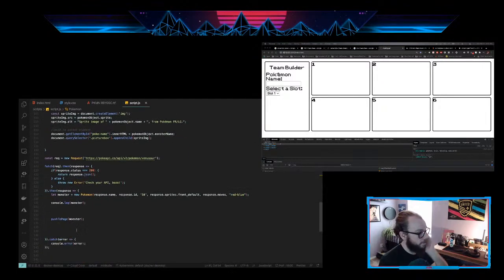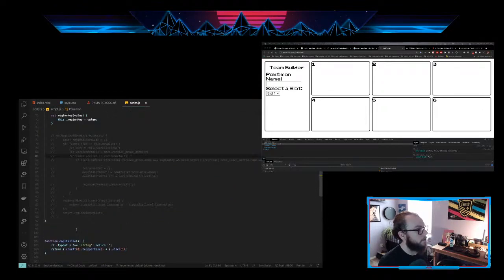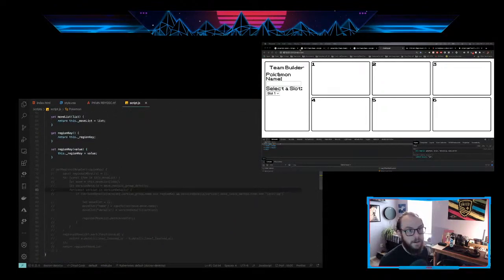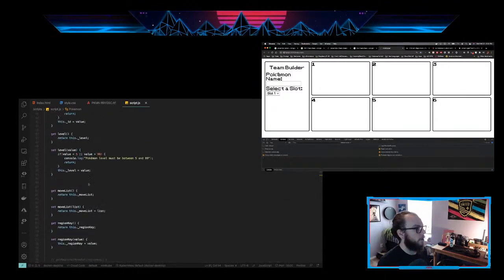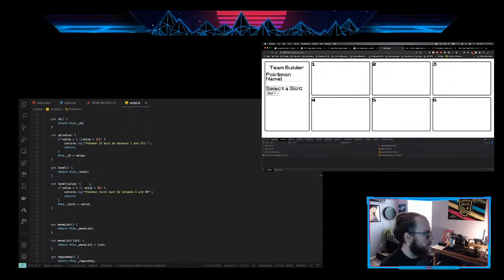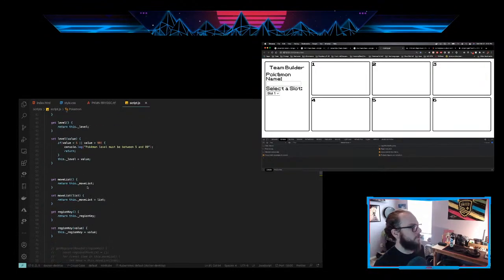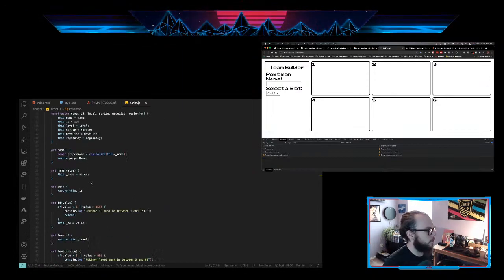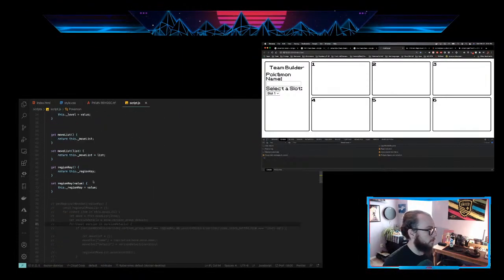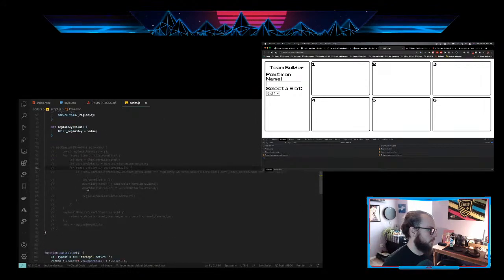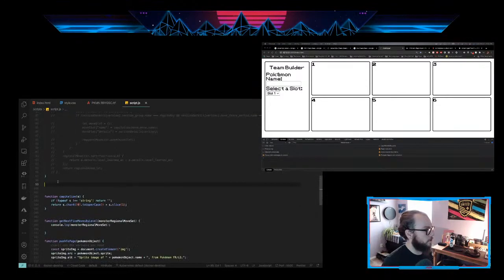Y'all, I have no idea what's going on with this JavaScript anymore. Did I knock this out last time? What did I do? Y'all. I think we had been working through some of the JavaScript, and it's just, I don't know, wild. Okay, let's say, function